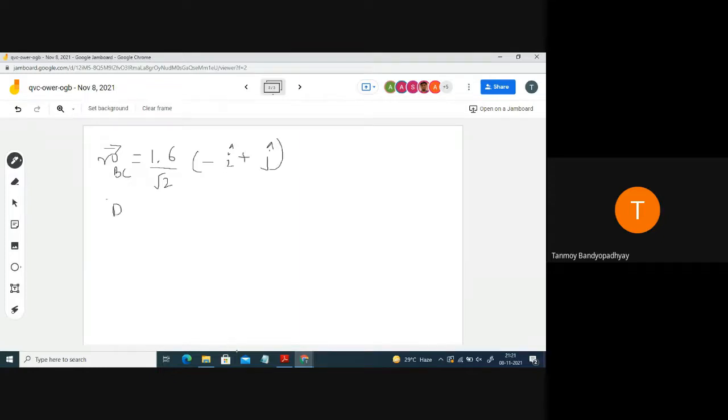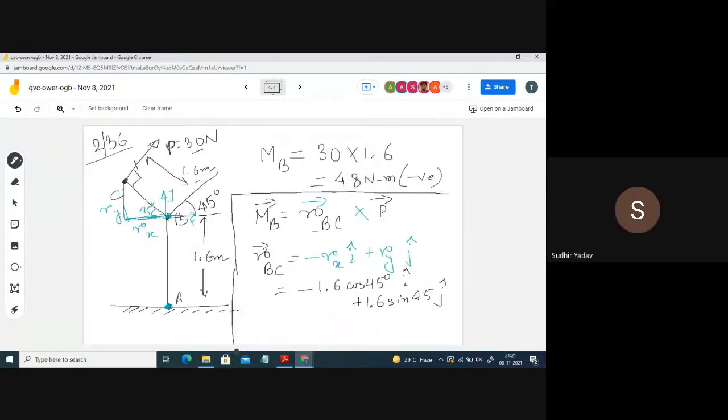And what is vector P? So vector P will be actually... what will vector P be? This is 15 root 2 i cap plus j cap. These are the components of the force. So we just need to determine the angle. So this is 45. Everything is 45 actually. So this is 45, this is 45, this is 45, this is 45. Okay? So this is actually P cos 45 degree.